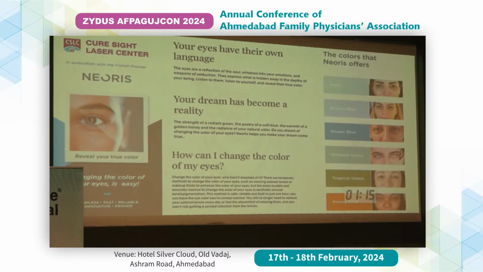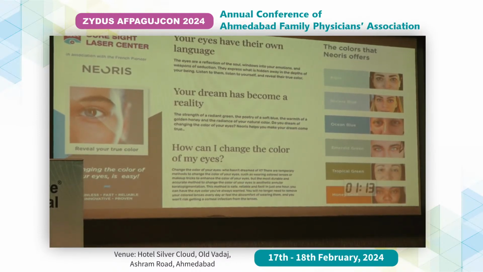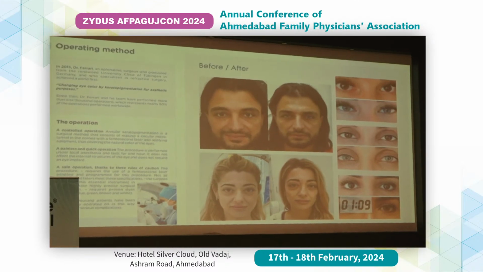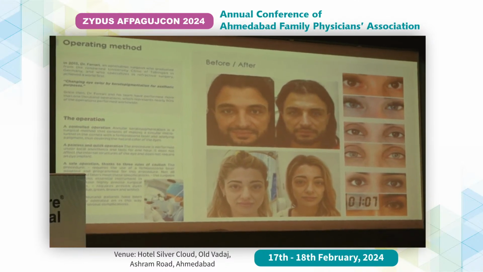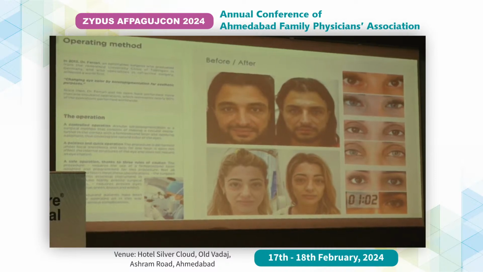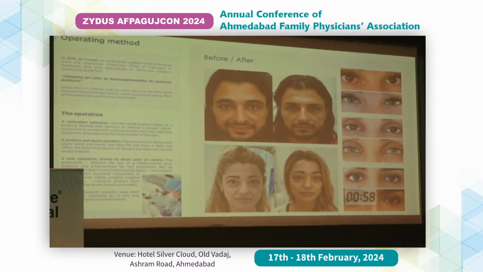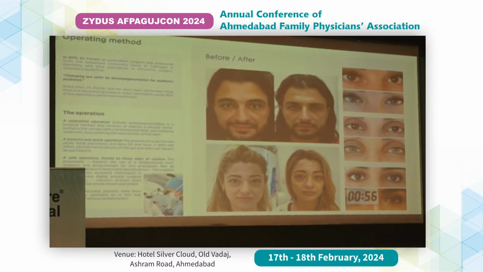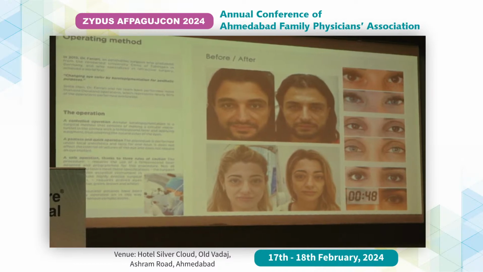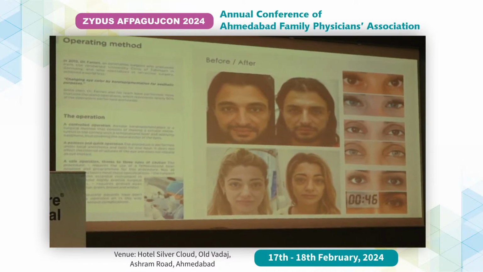In this, we can change the color according to whatever color we want. So it is basically a corneal based procedure. We make a tunnel in the cornea and we apply the dye. And as you can see in the images, it looks very spectacular and nice. We are still in works with the government for this, and I guess we'll get approval by May. And then if anyone wants to get it done, they can definitely contact us. Thank you so much.